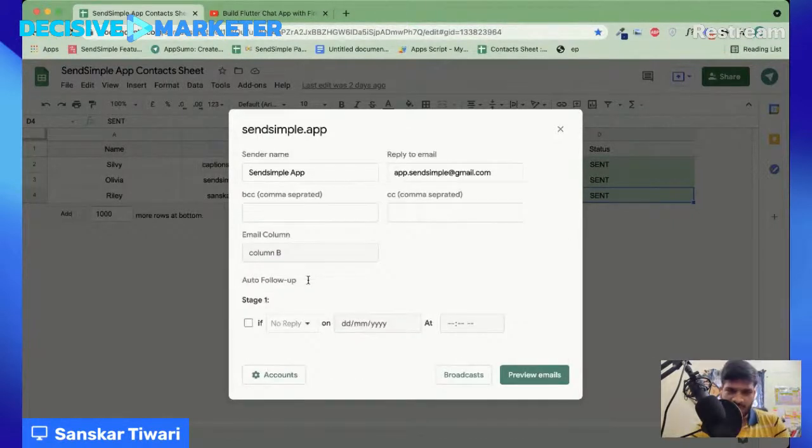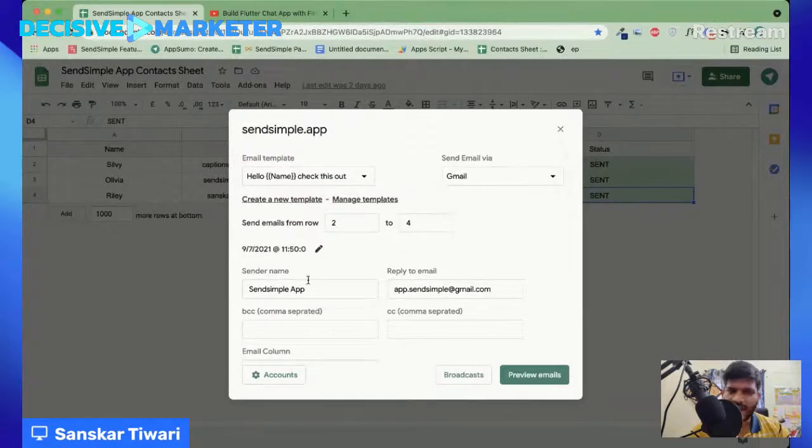Now let's talk about the auto follow-up feature. How does that work? So I have sent an email. Now let's talk from the perspective of a cold email outreach. So I send something to, I don't know, local businesses. Let's say I'm pitching them on a service which I offer. It's a marketing service which I offer. I talked about them in the first liner, right? I have been going through a lot of cold email stuff, so I hope you understand.